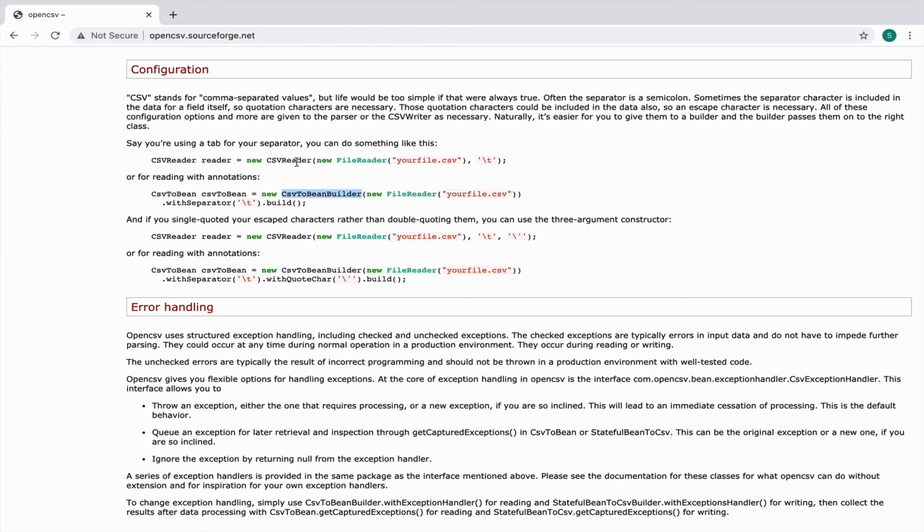The first method, CSVReader, simply reads the file and stores that into a reader object, which you can then process line by line into an array of strings. But the key method that we'll be interested in is the CsvToBeanBuilder, which will translate the columns into the bean object that we have,